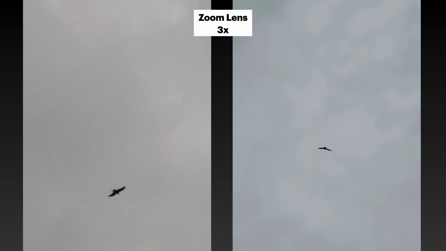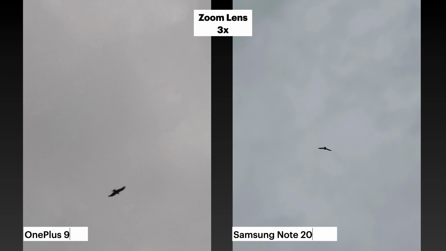Let's look at a zoom lens now, and here I think I would go for the right one because that is much clearer than the left one. The left one looks a little bit smudged, but I do think that this is with respect to the focusing. Samsung does it a little bit better compared to the 9 Pro or the OnePlus. OnePlus just captures whatever is there, and if you move the camera, your subject is going to be blurred. So this is something to remember.